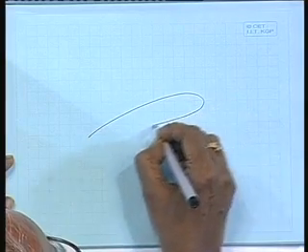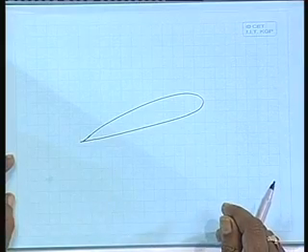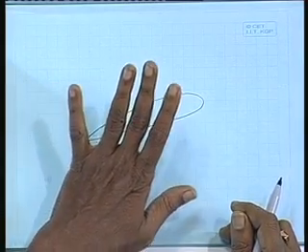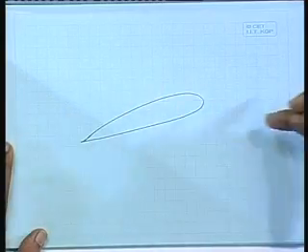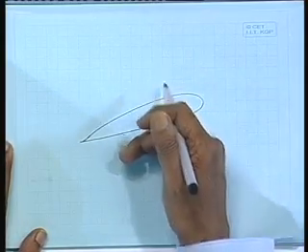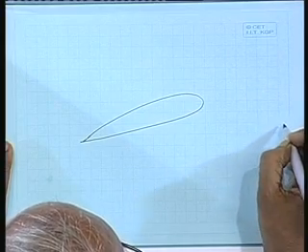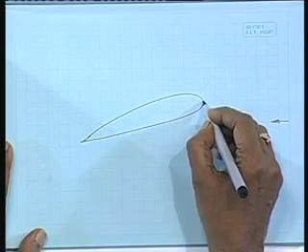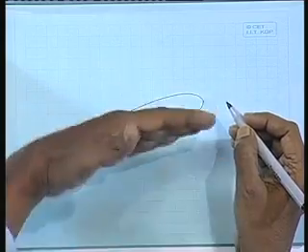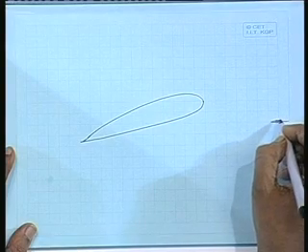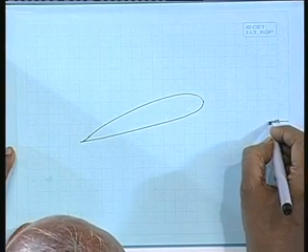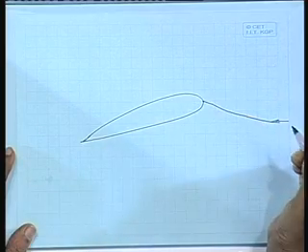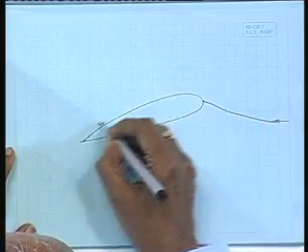Now, let us see. This is the aerofoil section, and this is at an angle, as you can see. I have already drawn it at an angle to free stream velocity which is horizontal in this direction. Now, I have the free stream velocity coming here. How will this flow go around this section? Let us consider it a constant chord and having finite span. So, how will this thing go? It will go like this. This will be the stagnation point, and after which this will move like this,